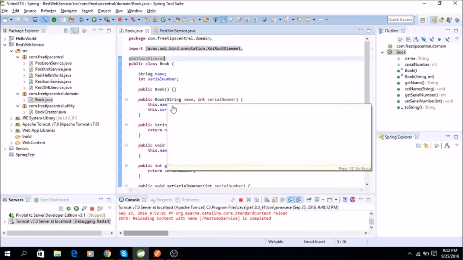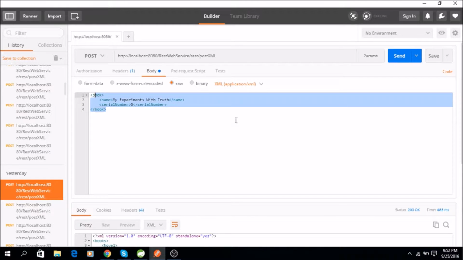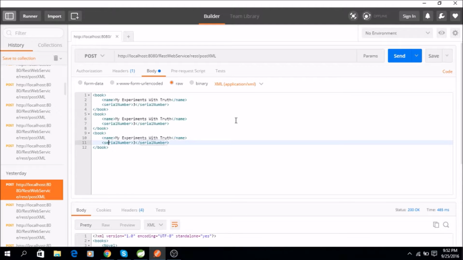Now, since we want to handle a list structure, let's see how that structure will look. So let's say we'll call it book. Again, one more book. Now we will copy. Let's say I want to send three objects. So let's call it deep work, the book name, and the other one, let's call it